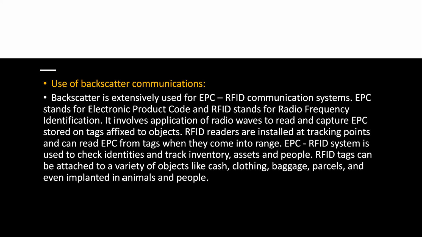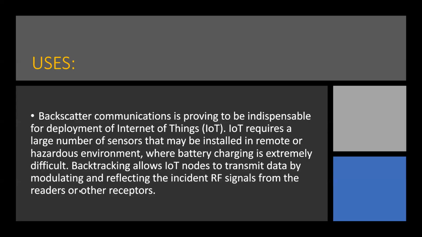RFID tags can be attached to a variety of objects like cash, clothing, baggage, parcels, and can even be implanted in animals and people. Backscatter communication is proving to be indispensable for the development of the Internet of Things, shortly known as IoT. IoT requires a large number of sensors that may be installed in remote or hazardous environments where battery charging is extremely difficult. Backscatter allows IoT nodes to transmit data by modulating and reflecting the incident RF signals from readers or other